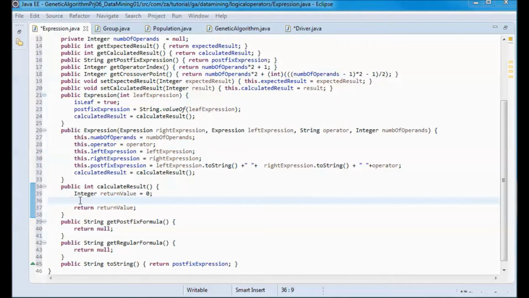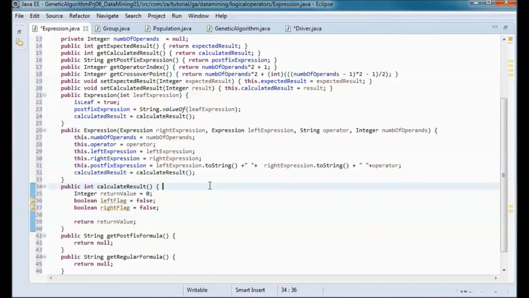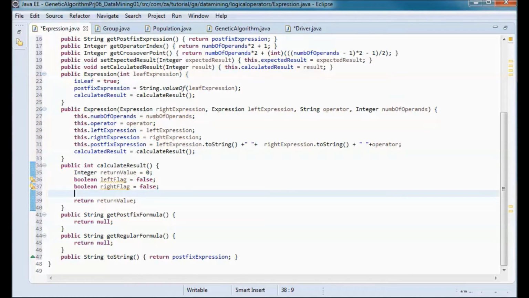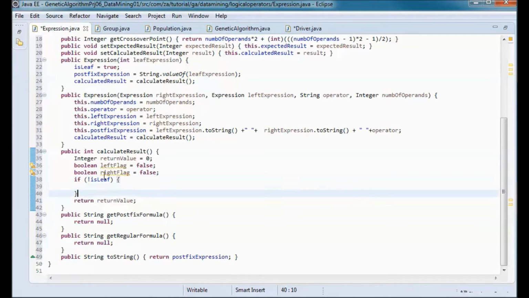And two Boolean flags, a left flag and a right flag. And if the expression is not a leaf expression, we will handle it here. Otherwise, the return value will be either 0 or 1.